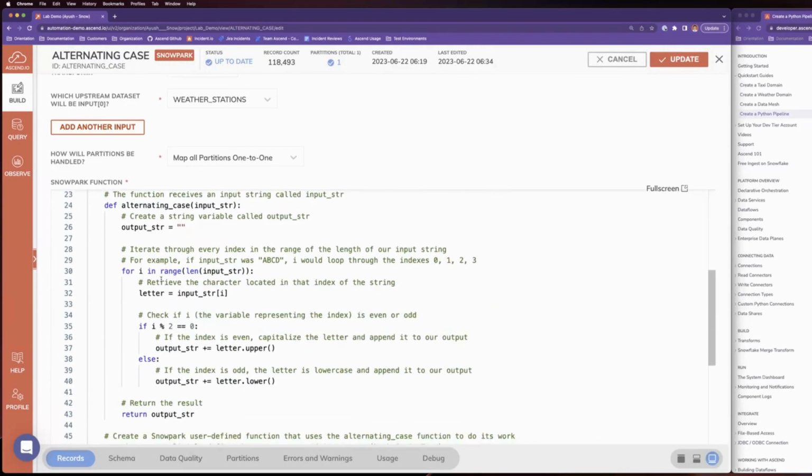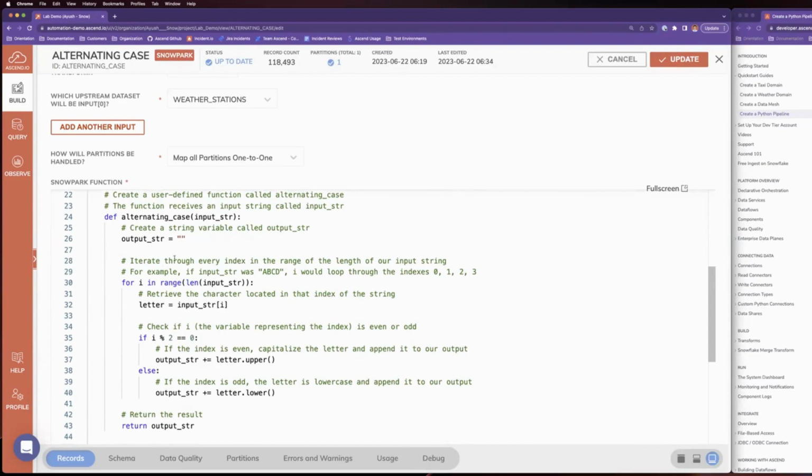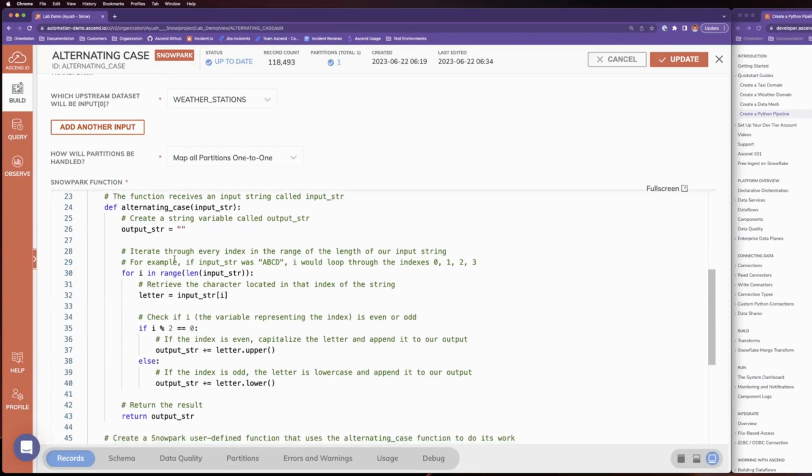So this is a nice part about Python where in SQL, you might create subqueries and whatnot, you can just outright create the function. I know there are situations where you can create functions in SQL, but those are generally not as prominent as they are in Python. And here, we're going to create an output string. One of the specifics of Python that you might not know is you cannot mutate a string, as in you cannot change the string, right?